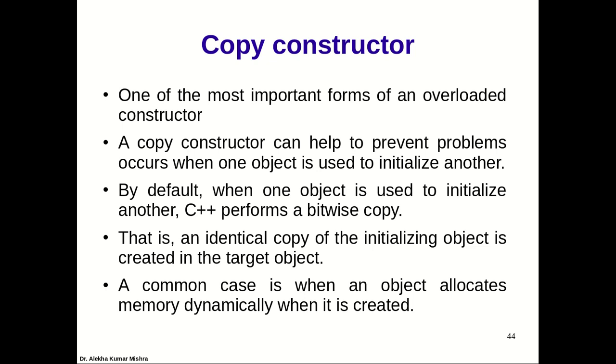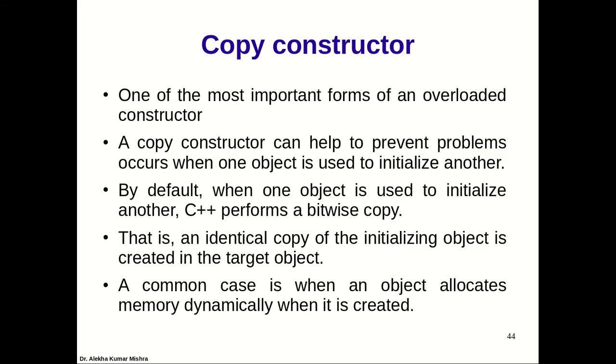Or if it is not associated with the task of allocating memory dynamically, when you are creating an object, then absolutely the copy constructor is safe to use. But the point is when we have some member of an object of a class which is to be initialized by dynamically allocating memory. So what happens when we do a copy? When you copy one object by another using a normal copy, because this is allowed, as we have already shown here, right?